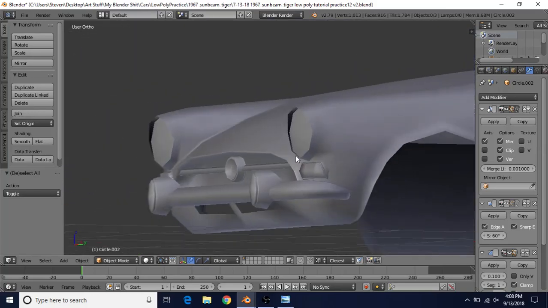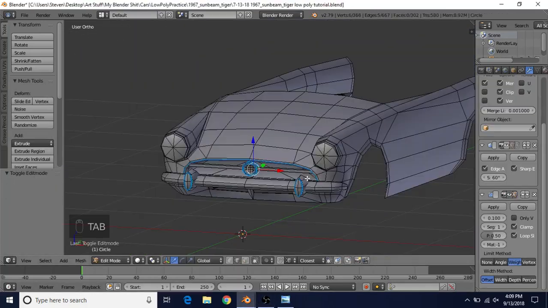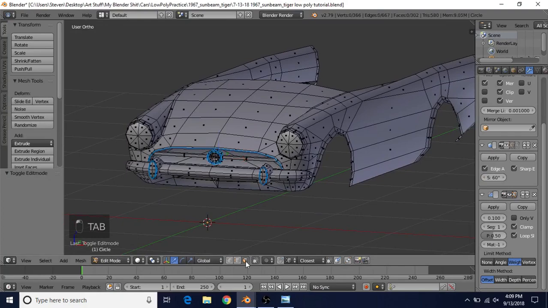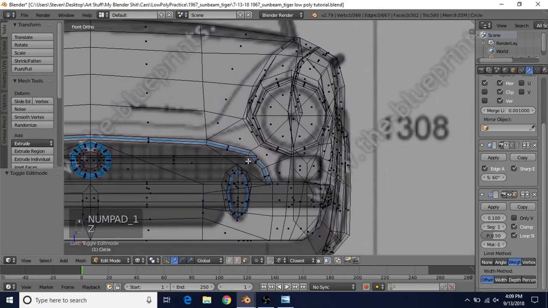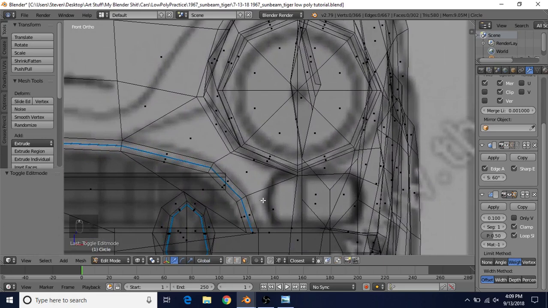Now we're going to work on these lights down here. So we're going to tab into edit mode, we're going to switch to face select. We can actually go to front view by pressing 1, and you can do Z for wireframe. And you can see where these lights are supposed to be approximately. So what we're going to do is we're going to take the faces that are in this area, and then